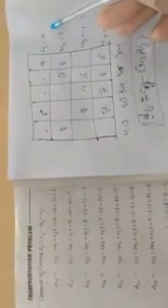Formula is Cij. C, I represents the rows, J represents the columns. So this is first row and second column. So C12 means cost of the cell, 6, minus 0. U1 represents the 0 value here, and 3 represents V2. V2 is represented by the 3 value. So that's why I am using 3. 6 minus 3.